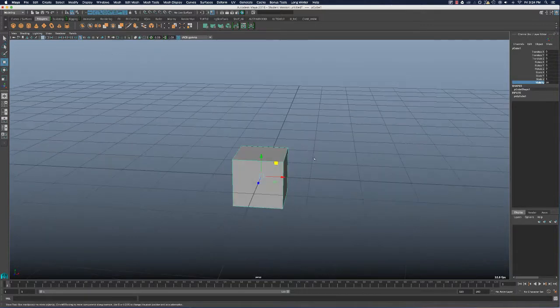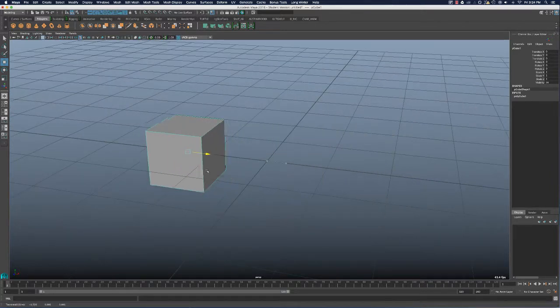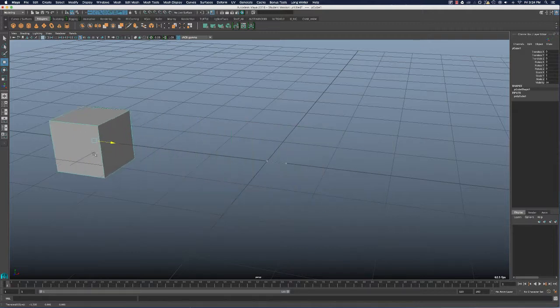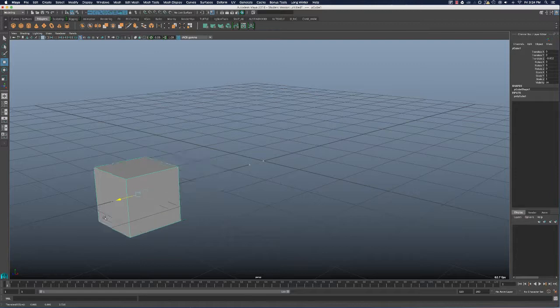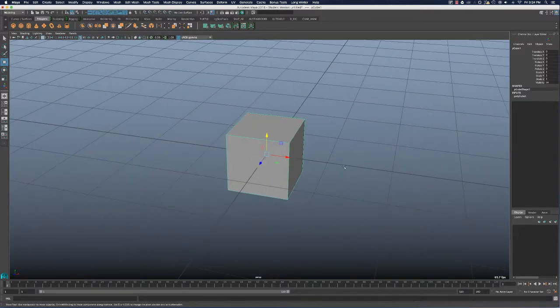With your object selected, you'll see if I don't have it selected, it won't show up in my channel box, and I also don't see my manipulator. I have to make sure I click on that cube, and now I have that information, and there's my manipulator. Okay, cool. So you'll see I have these arrows that I can use to move things around. I can grab it from the X direction and move it, and as you can see, it constrains it to just the X axis. It moves only side to side. Z, it'll move only forward and backwards no matter where I move my mouse, and Y, which is up and down. This is a much more effective way of moving something around,